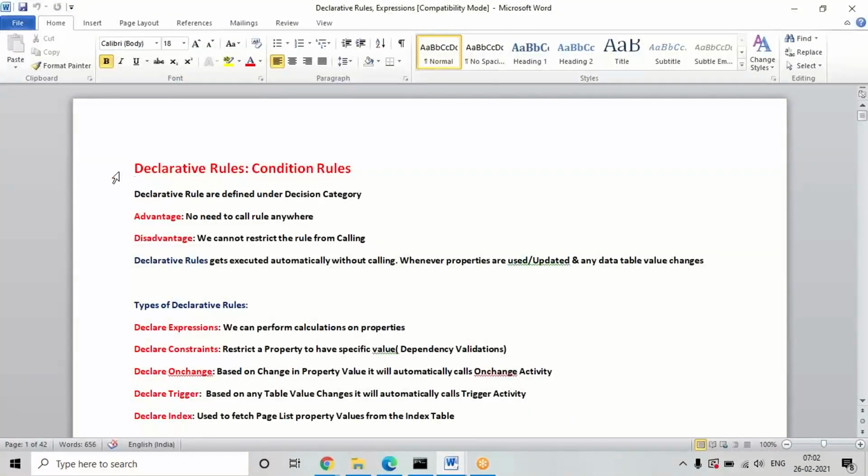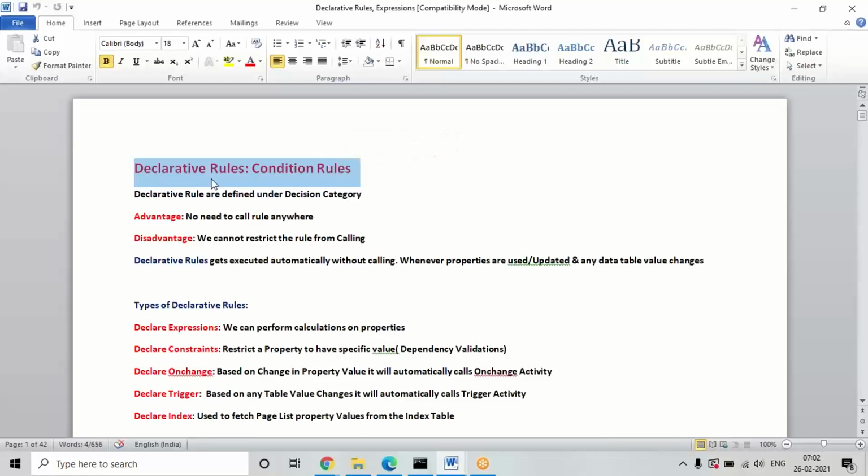See, basically, in our application, there are many types of conditions. For example, in the earlier scenarios, we used the when condition. When is one type of condition. Like that, there are also decision rules and declarative rules. Decision rules we'll be working on next week. Today, I'll start with what declarative rules are, and two types of declarative rules we are going to work on today.